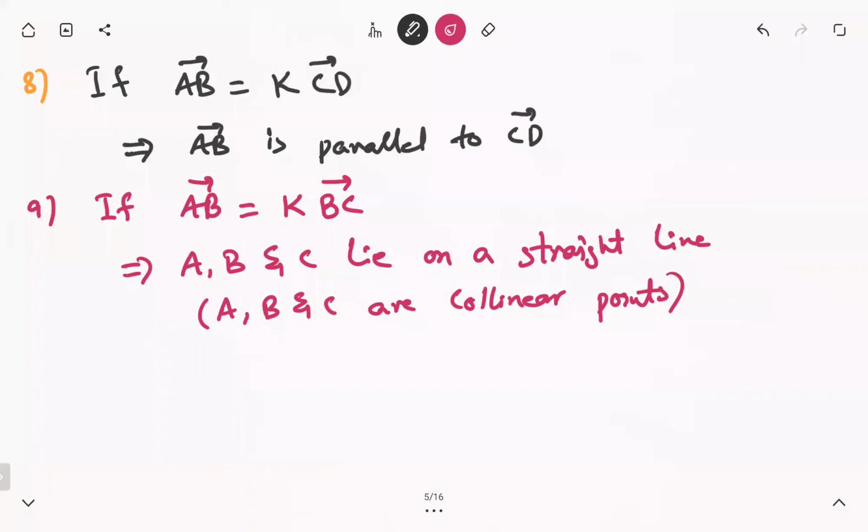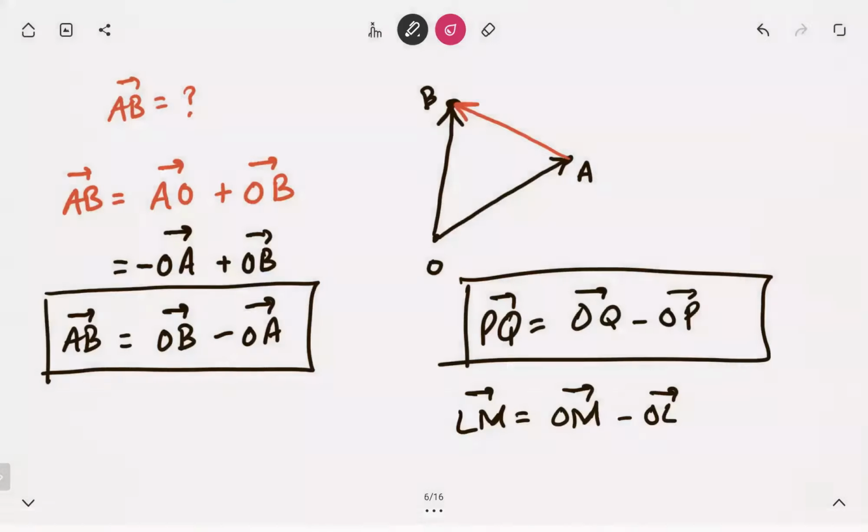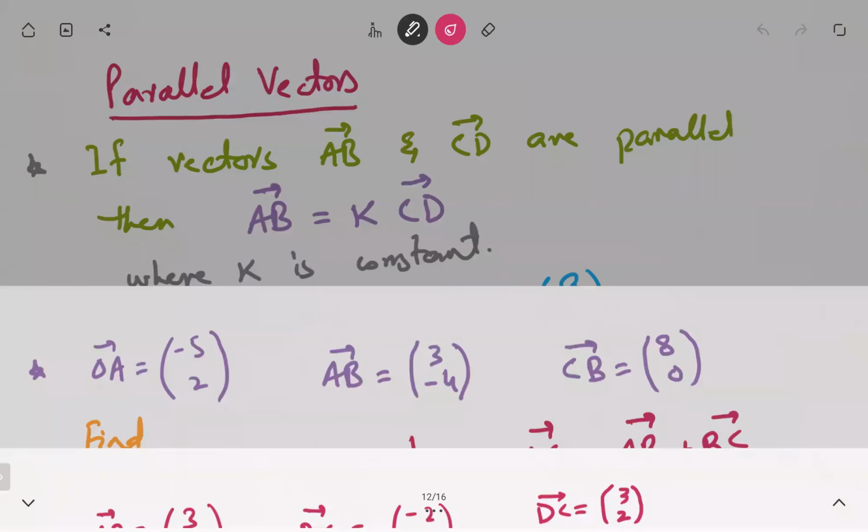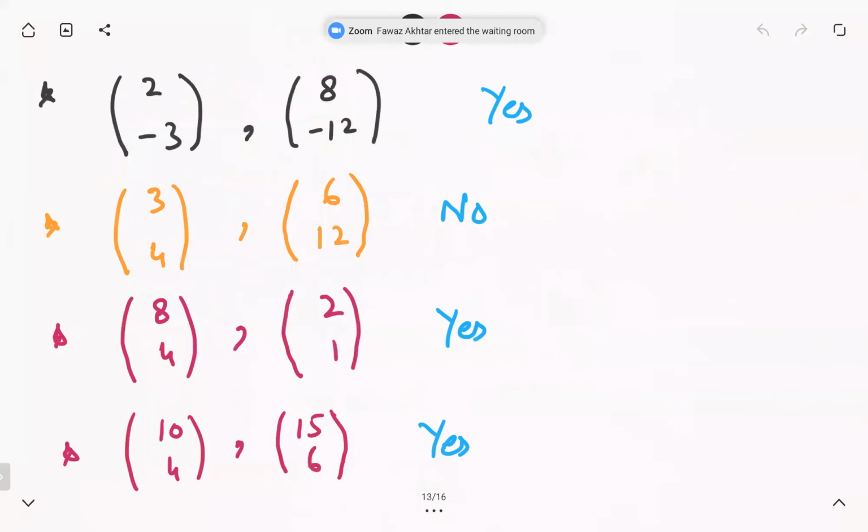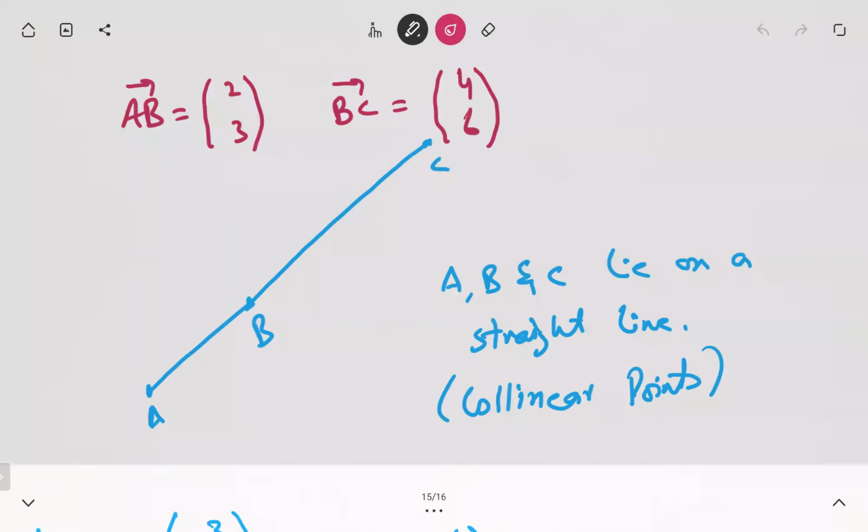Okay, now let's start some questions. अब हम देखते हैं कि vectors के questions पेपर में किस तरह के आते हैं और how to attempt them. Now we will be using everything जो अभी तक हमने किया है. See here the question is,